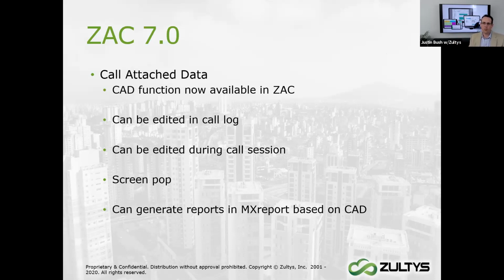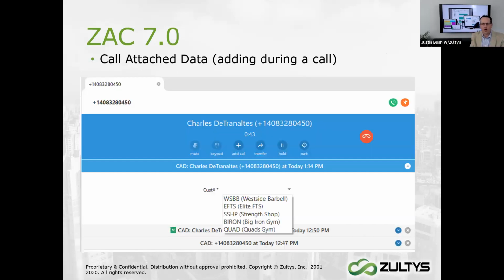However, their technical support people weren't using Salesforce as a CRM. They weren't entering notes. And so they were running into a problem. If somebody called in and they did a troubleshooting step, the next step, they would get somebody new and they'd have to start the process over. Well, we started to talk and I was like, hey, what if we could put a note on a call using CAD and keep that note with the call? And if they call back in within the next 2 weeks, kind of do a screen pop to see, did somebody talk to somebody? What did they say? What did they do for troubleshooting? And what is the next step?